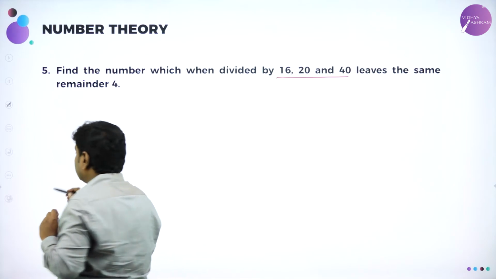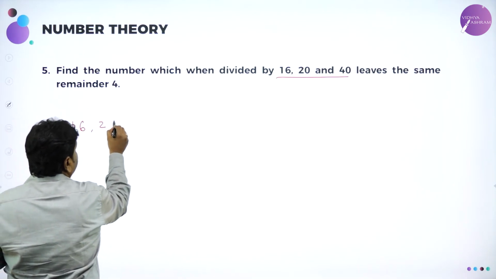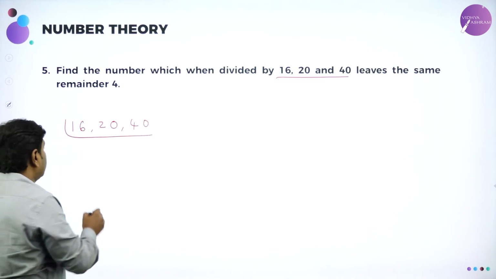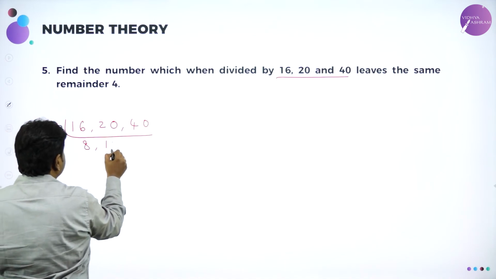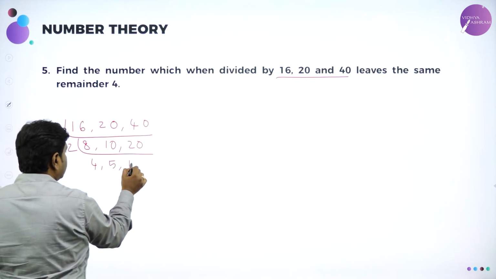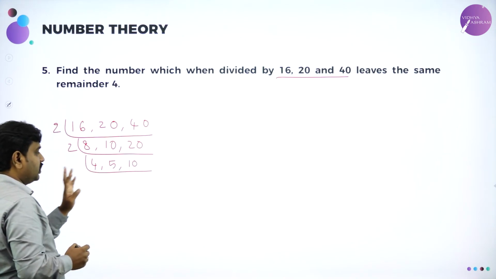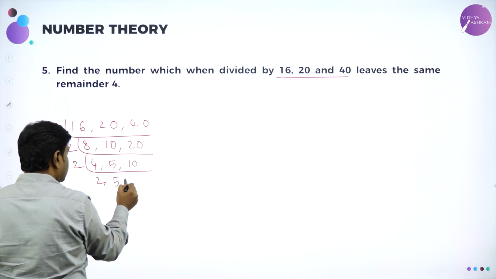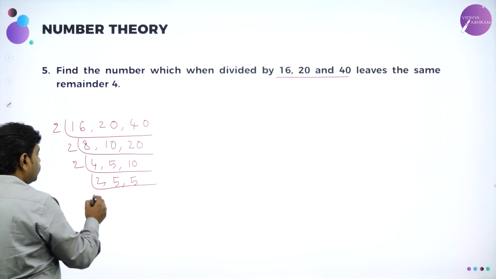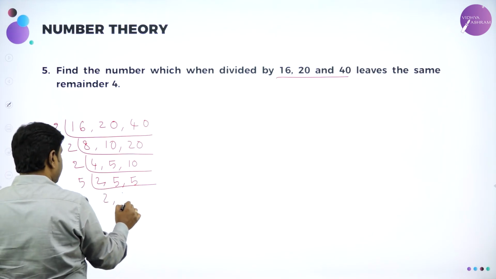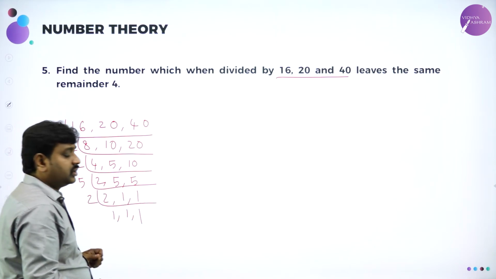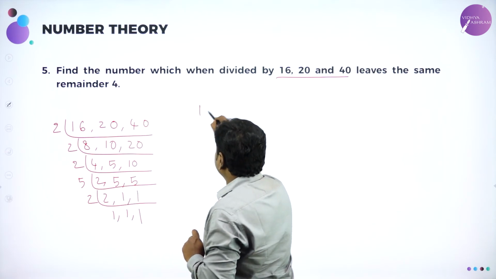First I will find the LCM. So 16, 20, 40, find the LCM for this. All of you know, all are divisible by a prime number called 2. 2 8s are 16, 2 10s are 20, 2 20s are 40. Further I will go with 2: 2 4s are 8, 2 5s are 10, 2 10s are 20. Now here only again 2: 2 2s are 4, 5 is not divisible, take it as it is, 2 5s are 10. Then again more numbers are divisible by 5, so I will take 5, carry 2 as it is, 5 1s are 5, then 1 1 1 1. So we are done with finding the LCM.